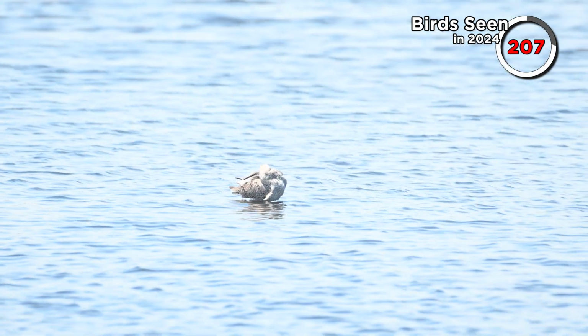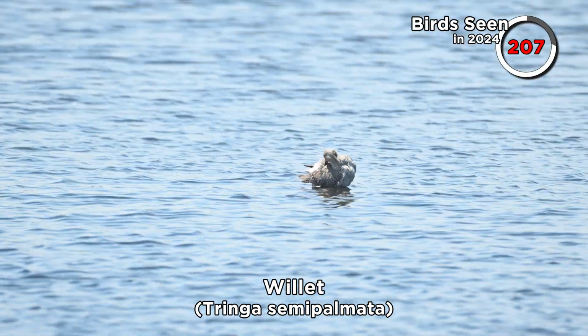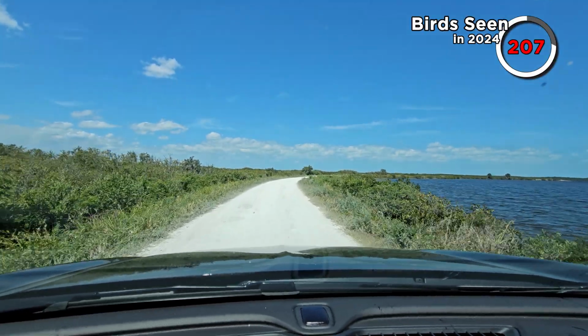In other bird news, this willet was preening in the water. Again, the water was a little choppy on one side, but to the left of us it was more marshy, and...